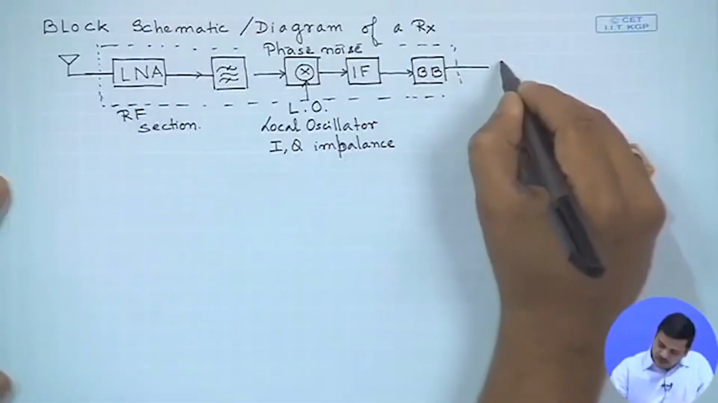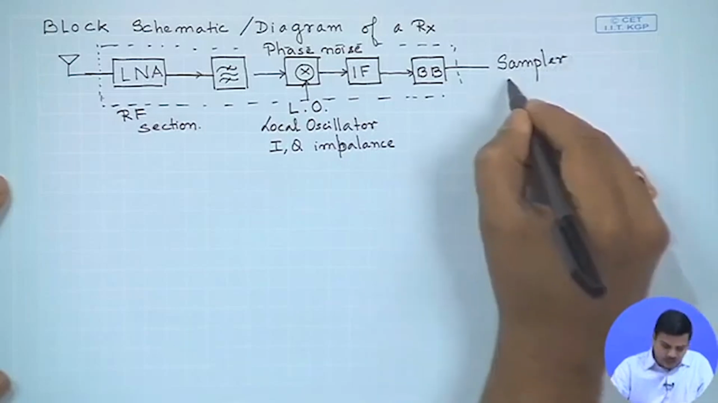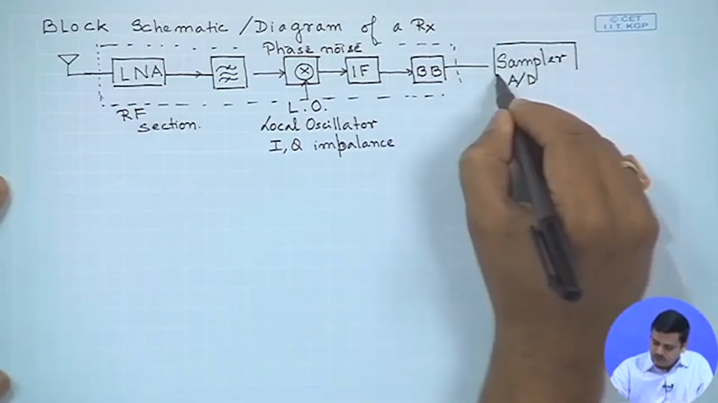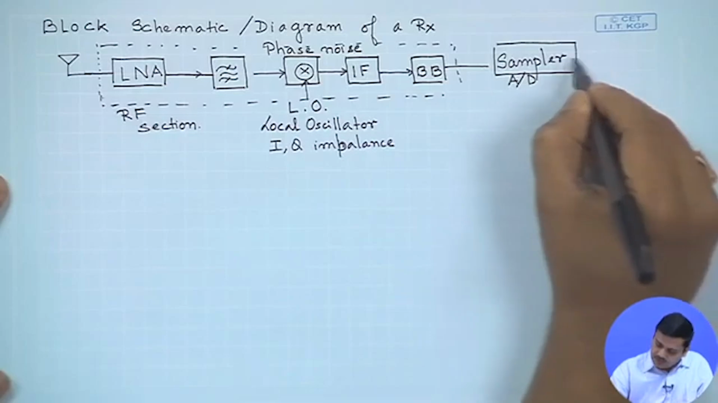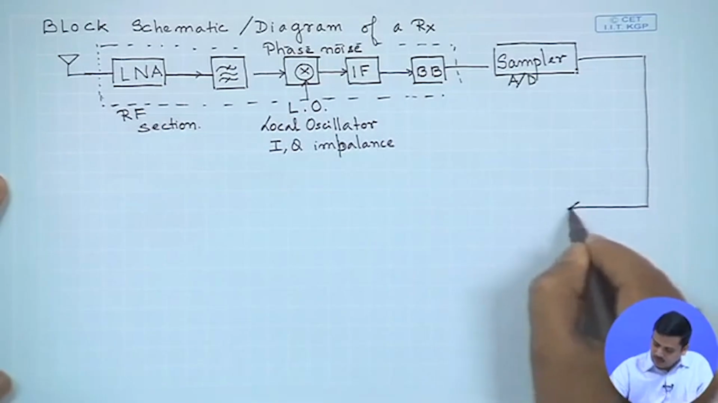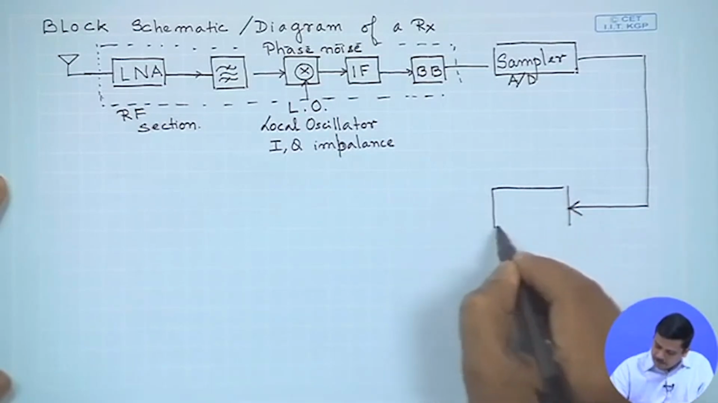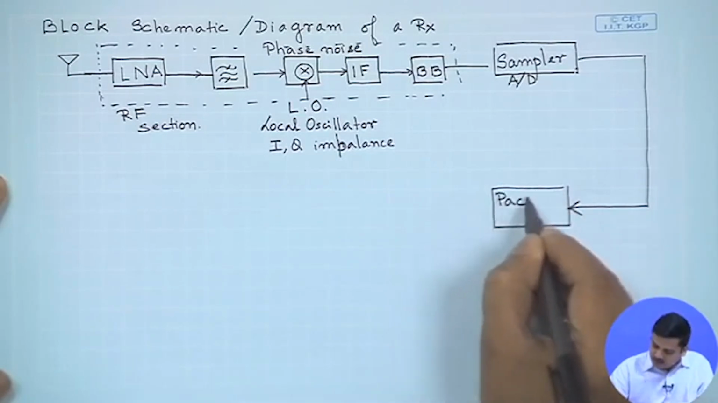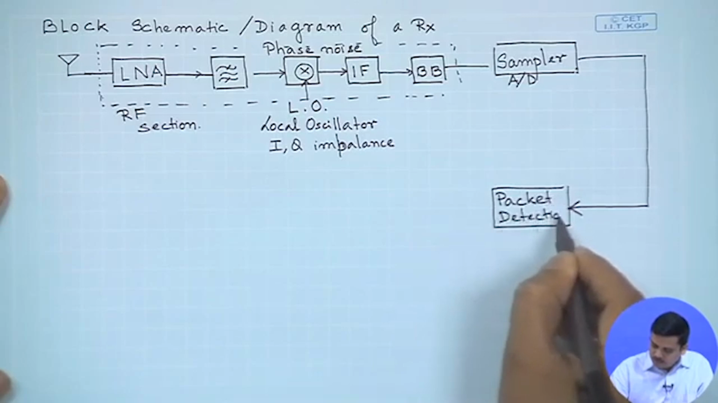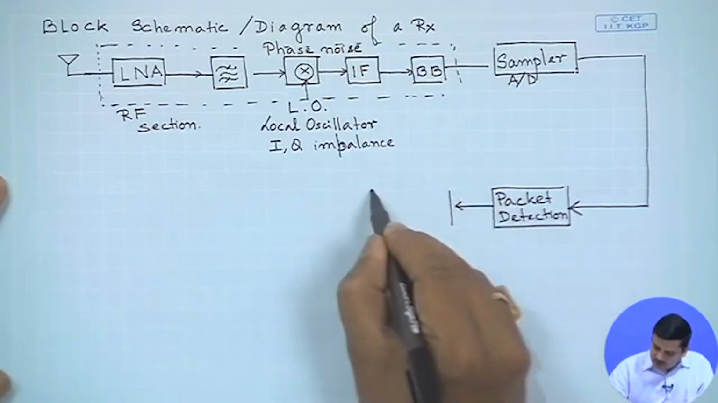So here, when it gets converted to baseband, you have the sampler and or the AD converter, analog to digital conversion. So once you have the sampler, you get samples out of it. Next part is interesting, which is the packet detection. Then you could have frame synchronization,